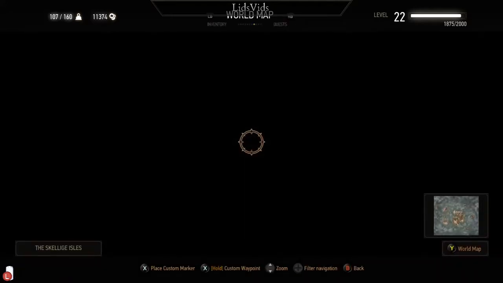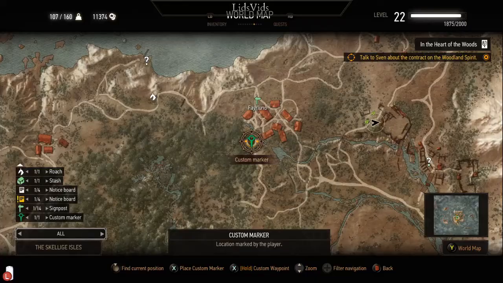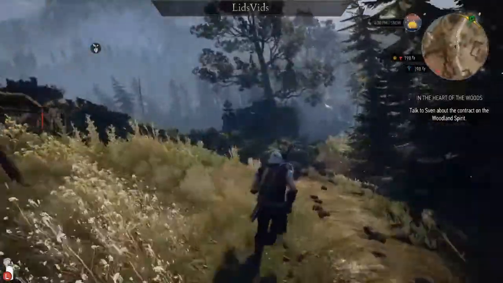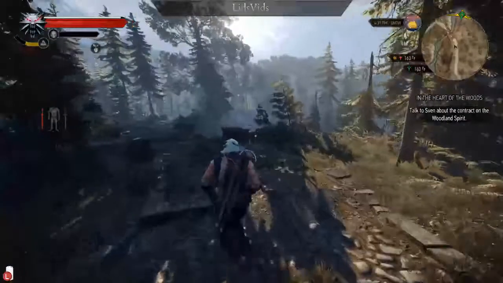Is the Woodland Spirit? Sounds like we need to talk to someone first. Oh, okay. Talk to Sven about the contract. Okay. That is probably the reason why we came here initially. We were saying there was someone who's going to give us a quest in that city, village. But we didn't do much to try to find them. So,